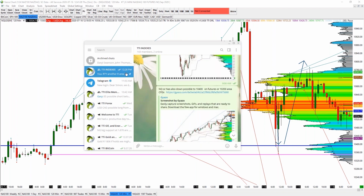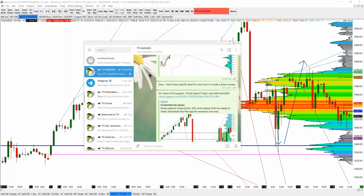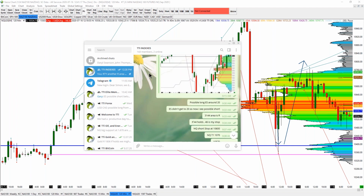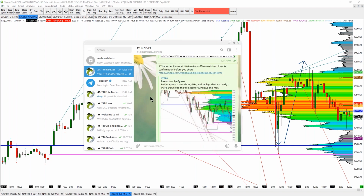So let me show an example for today. I'll give you one example for the RTY, which is the Russell. The Russell, today, I mentioned that this is for today. Okay, today, the Russell,